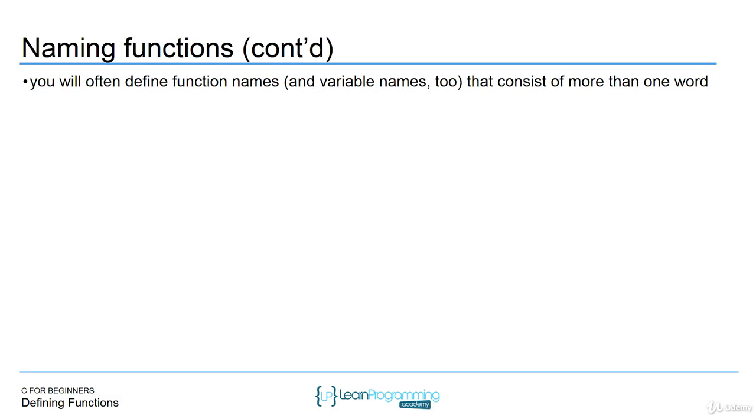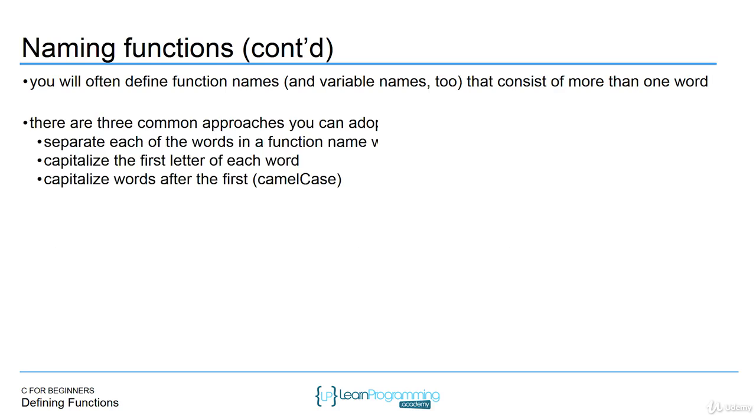You will often define function names and variable names too that consist of more than one word. So now I want to talk a little bit about just coding style. You've probably noticed when I've written my code that I use camel case. There are three different ways you can write the names of your variables and functions. You can separate each of the words in a function name with an underline character. It's one approach. You can capitalize the first letter of each word, or you can capitalize words after the first